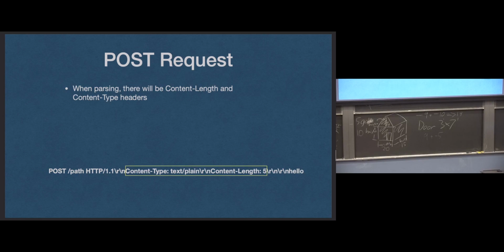The Content-Type, when you get a request, the projector looks so dim. When you get a request,